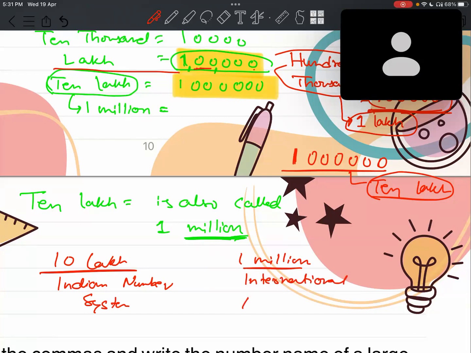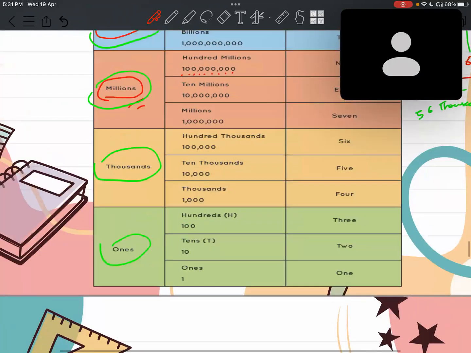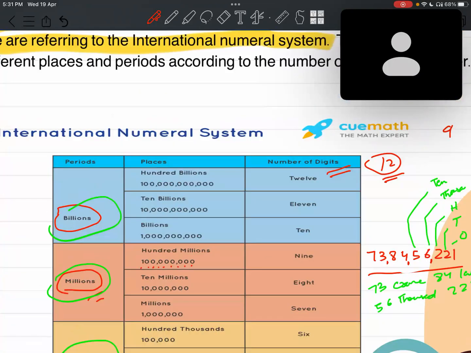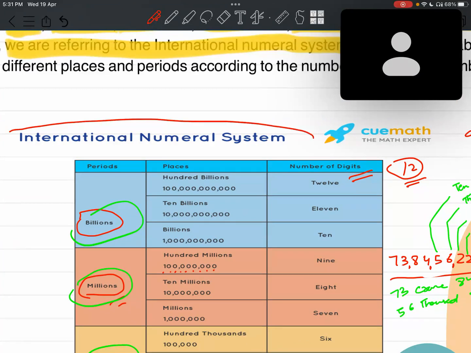International number system. Okay. Now let's go back to the table which we were talking about. You know that 10 lakh, that is 1 million, has got how many zeros? 6 zeros. Yes, Ashwathi, are you there? Yeah. So international number system,